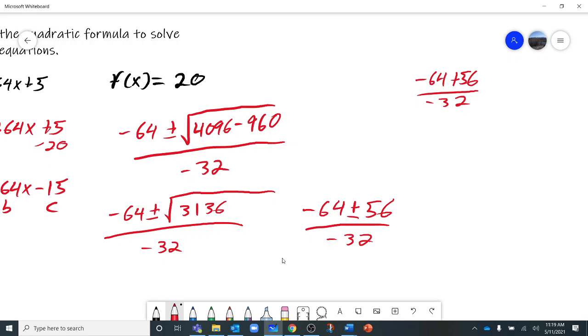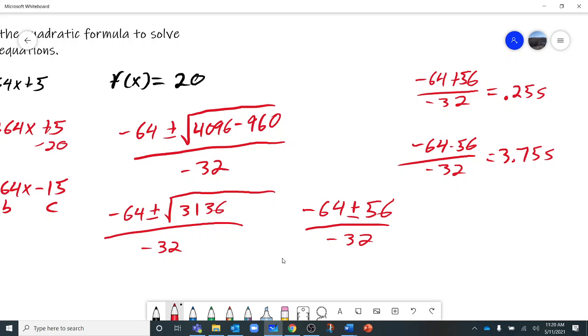Negative 64 plus 56 is negative 8, divided by negative 32 is 0.25 seconds. And then the last one, negative 64 minus 56 over negative 32 is 3.75